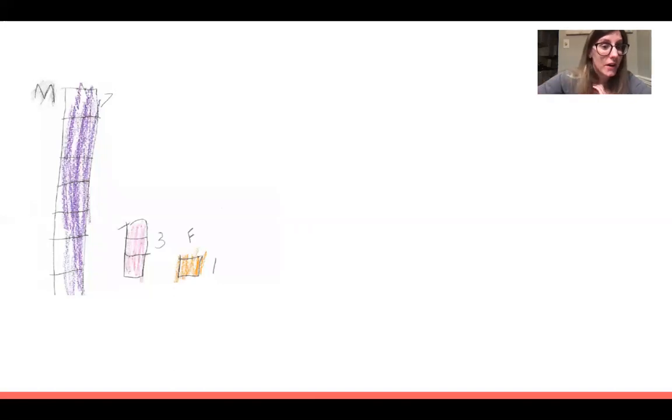Maybe you saw that they have 7 over here. And look, they even wrote the number 7 to represent it. We could also count it. 1, 2, 3, 4, 5, 6, 7 purple, and then 3, and then 1. So is this greatest to least, most to fewest, or fewest to most? Do you agree that they put these in an order based on the size of the towers? Hmm.